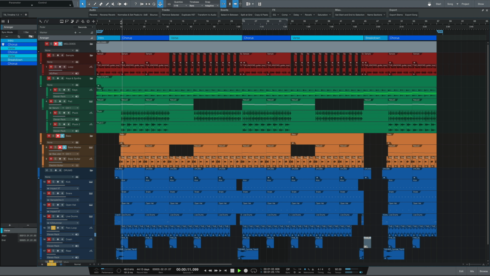So let's take a listen now with and without to see what it's actually doing. So what I'll do is I'll start with it off, and then I'll switch it back on throughout the chorus. As you can hear, without it, the beat sounds a bit stale and boring, but once we bring it back into the mix, it starts to add some new life.